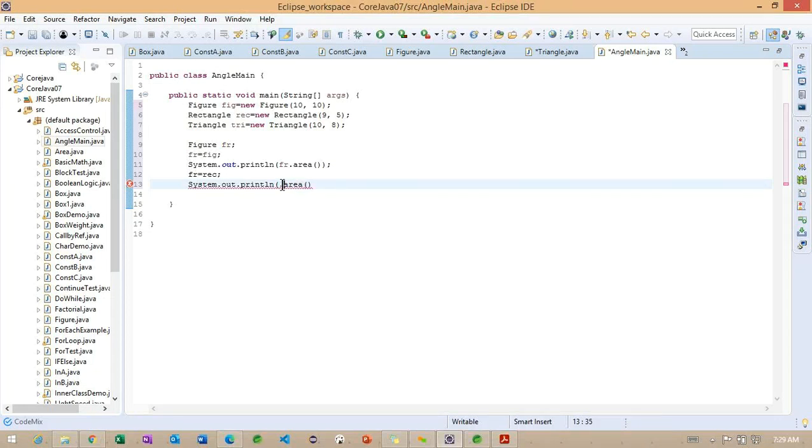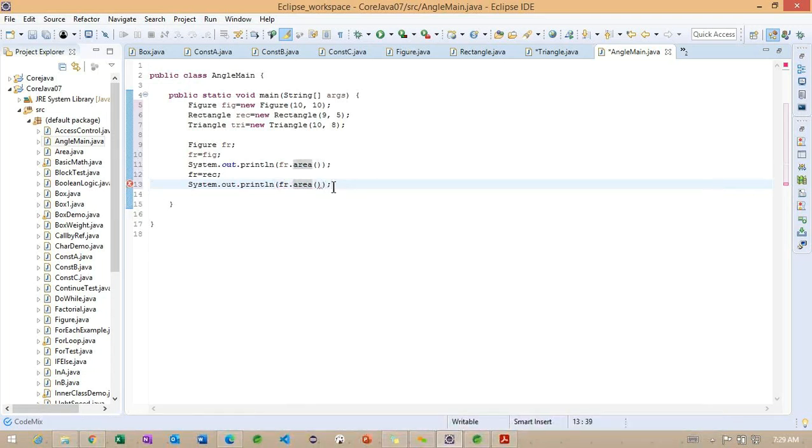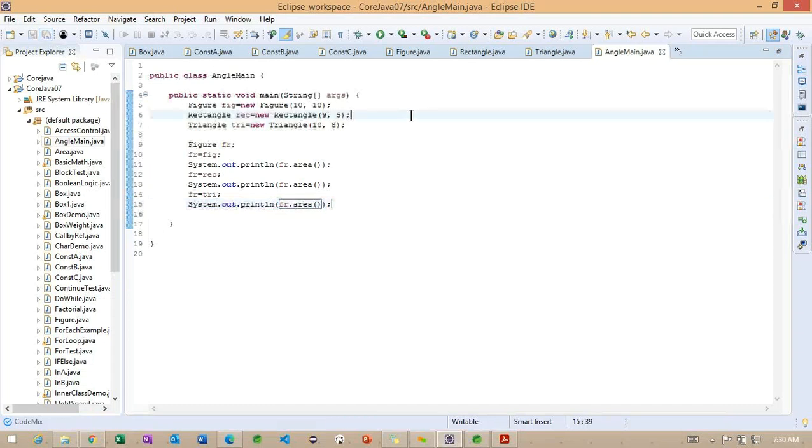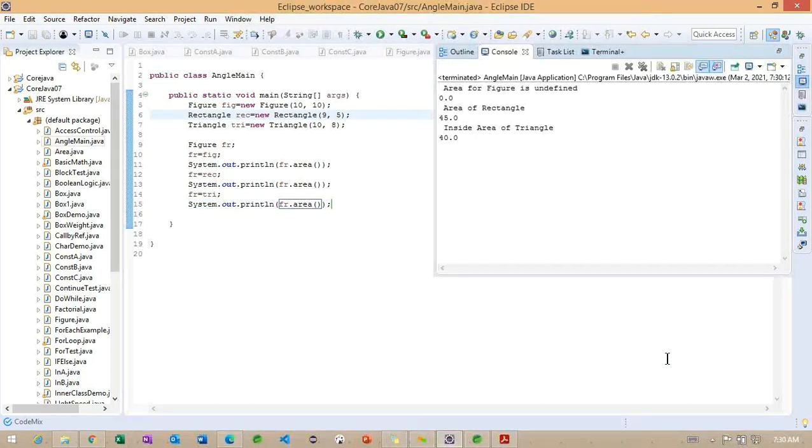Finally, fr is equal to tri. So these are the three pieces of information I want to share here. Whenever we run this example, we'll see how exactly it's printing here.